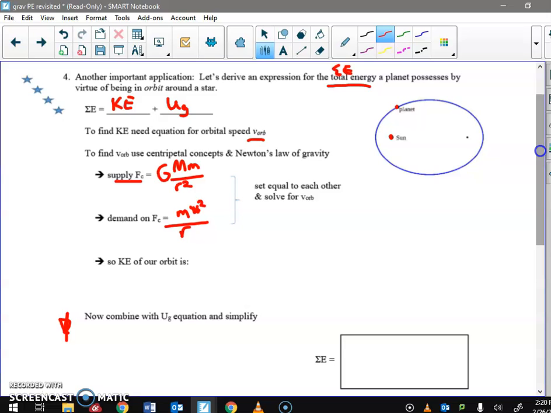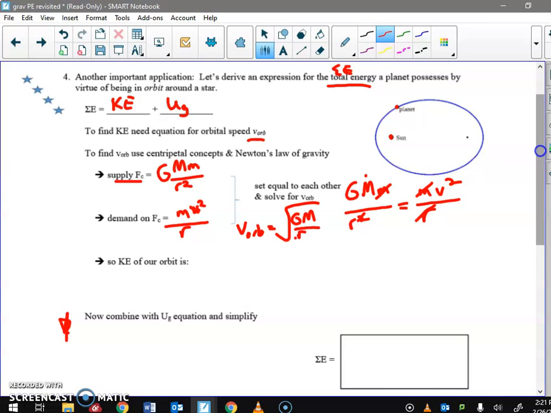Well, we've done that before, so basically G mM over r squared equals mv squared over r. We see the little m cancels out, so the mass of the planet doesn't matter. This M is the sun, and one of the r's cancels out. So what does that leave us? If I take the square root of both sides, we see that v orbital is radical GM over